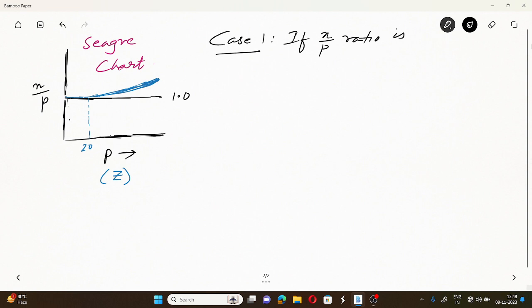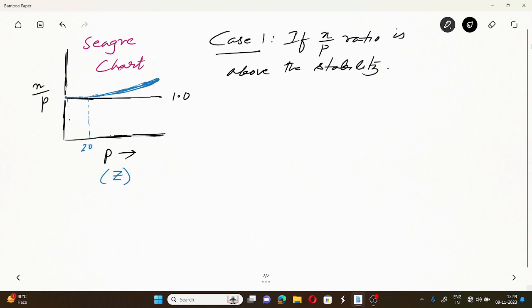If the n by p ratio of a nuclei is above the stability zone, okay, that means it is higher than the stability zone. Say for example, we see a nuclear stability zone of 1.5 to 1.6, and if it is higher than that,